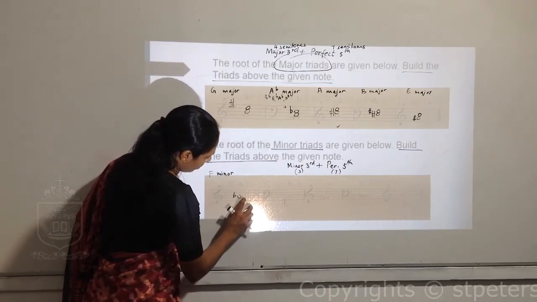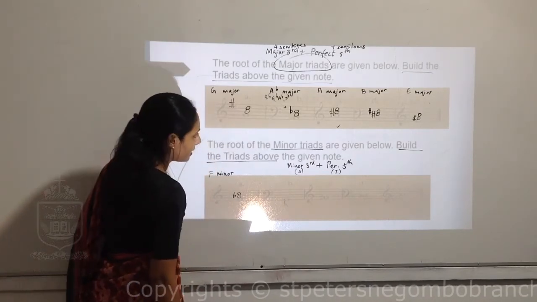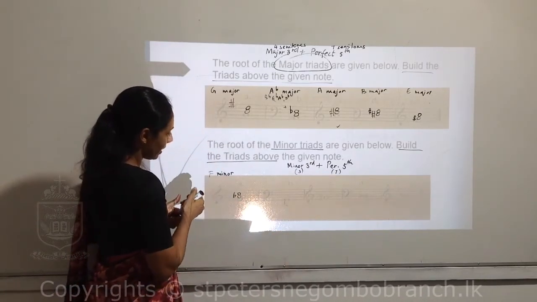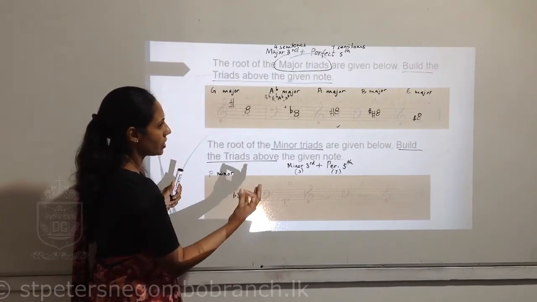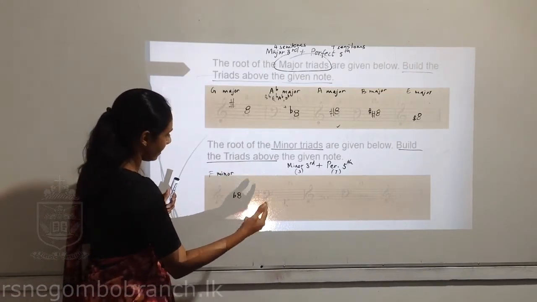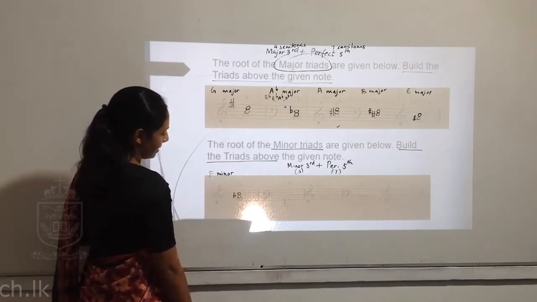So we form the second note from here to here, the fifth: 1, 2, 3, 4, 5. Fifth note is this. We'll check the semitones. F to C: F, F sharp, G, G sharp, A, A sharp, B, C. Correct. The third note is correct. So the F minor triad is this.